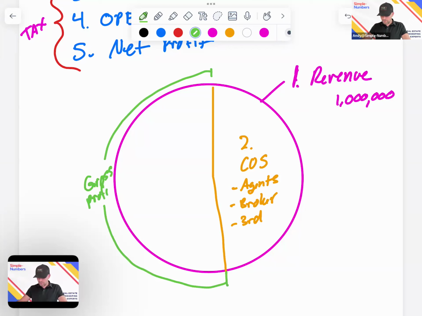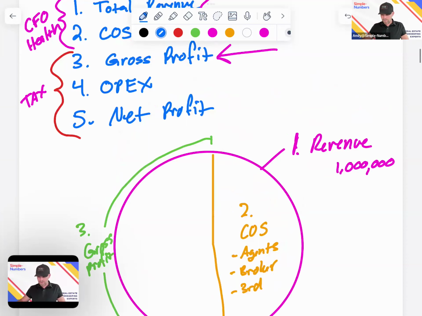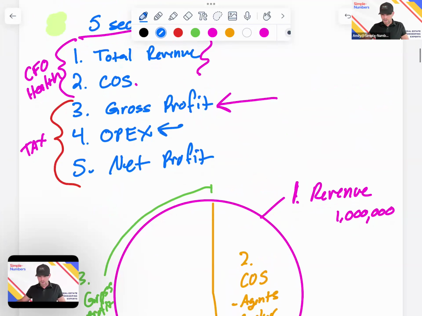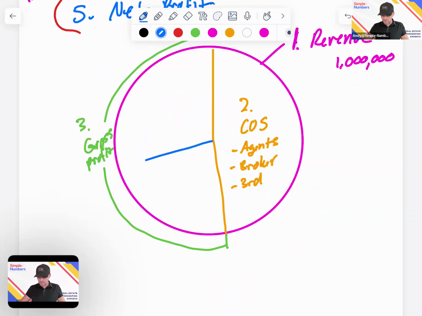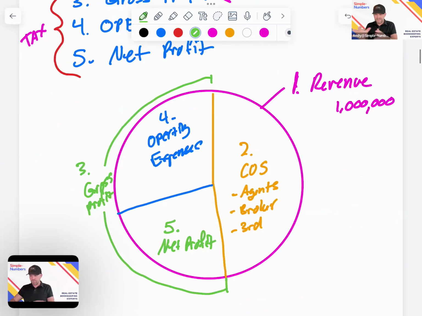That's this section over here. It's basically whatever didn't get eaten up in cost of sale is what's left in gross profit. So that's number 3. Then we had to pay the bills, right? Our operating expenses, number 4. So that's going to be in here as well. Operating expenses. That's number 4. And then, of course, we're left with whatever's left. Number 5 is our net profit. And so if you can see every real estate team,